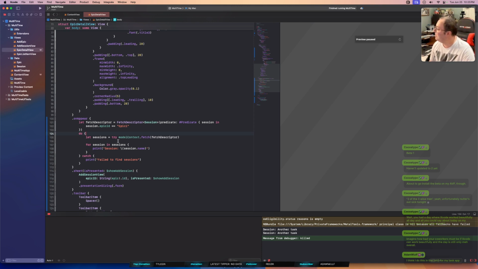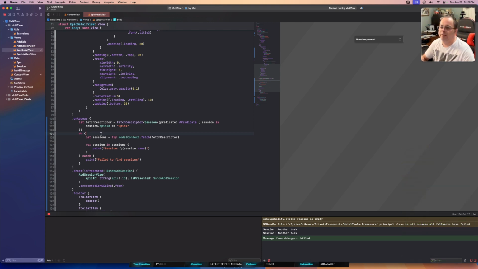I think I do this in the init. So interesting, Adam Wolf, that you mentioned that. I also thought about doing this in an init, and sort of had a problem. But I actually would prefer to do it at that stage than this on appear, because I feel like this is just a bad plan. Once I get a whole stack of sessions, this is a bad plan, right? So